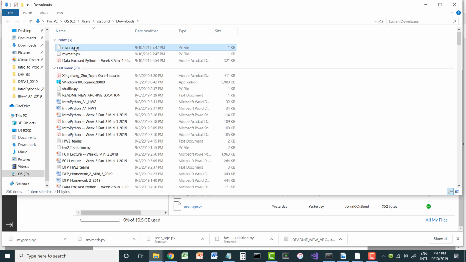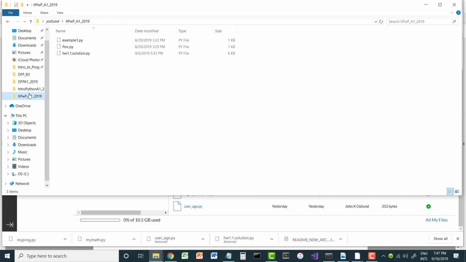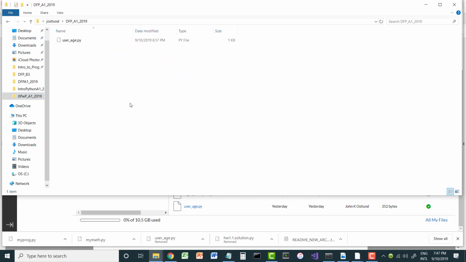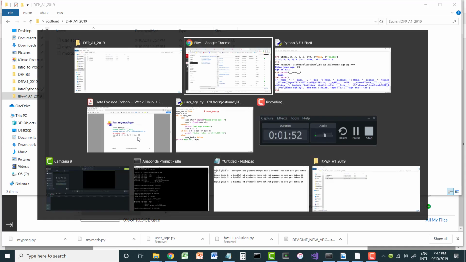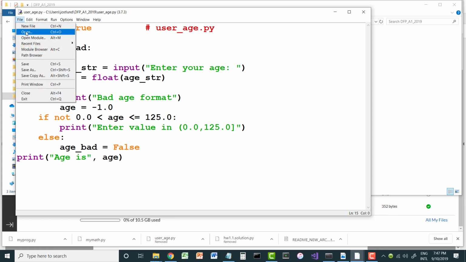And I'll copy these into my correct directory. There we go. Now I have these files in the directory where my editor is expecting files to be. And let me open